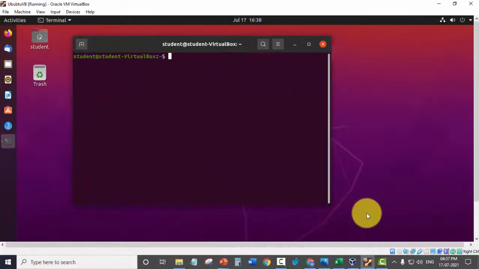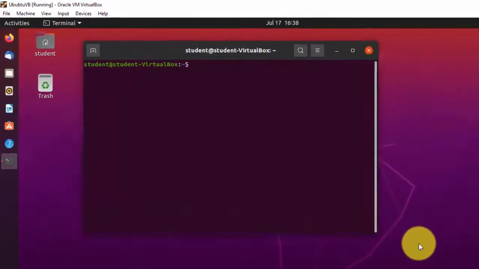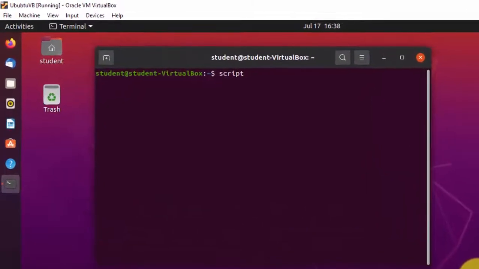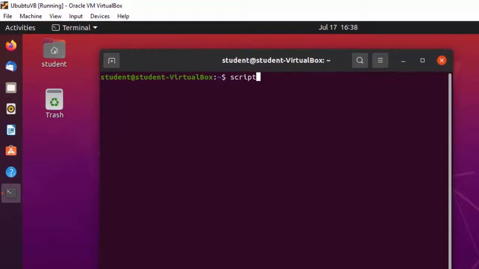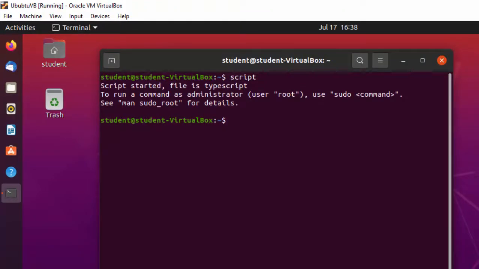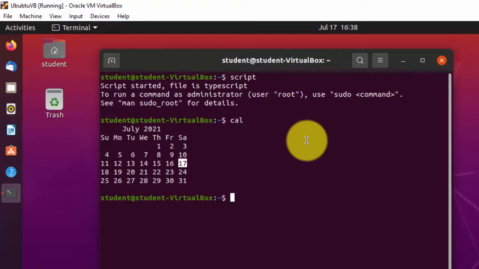We can use the script command simply by typing script. When you simply type the script command, you see that the default file typescript is started. You can execute commands and whatever activities we do on the terminal get recorded.